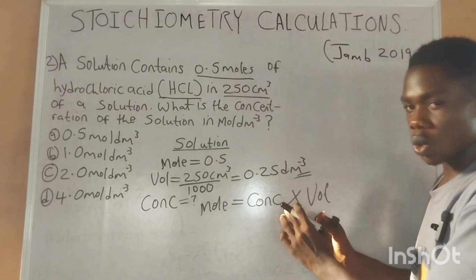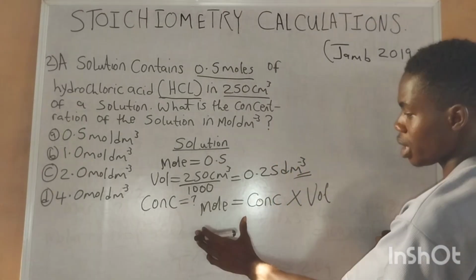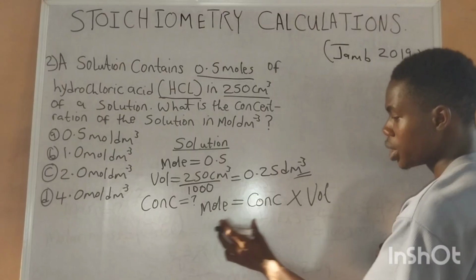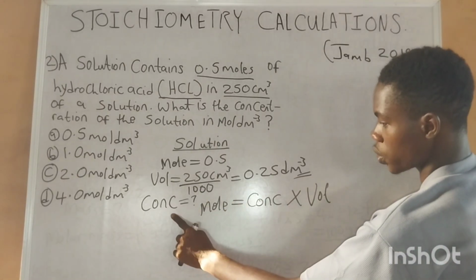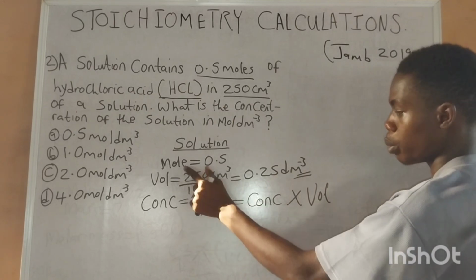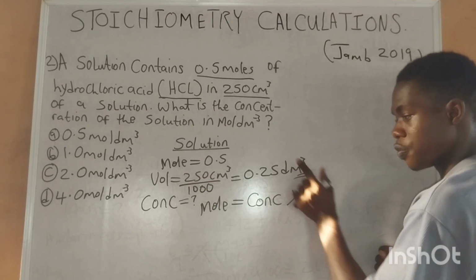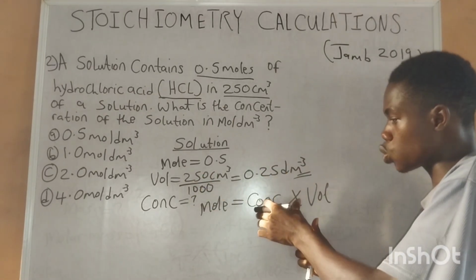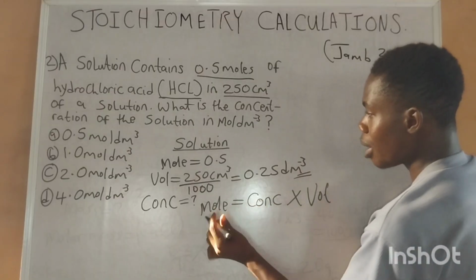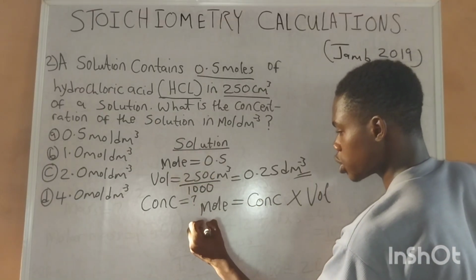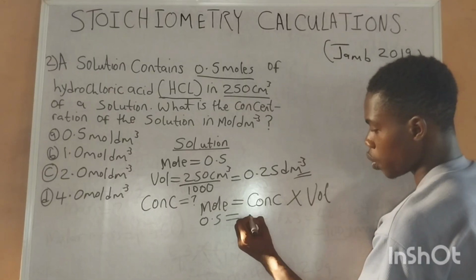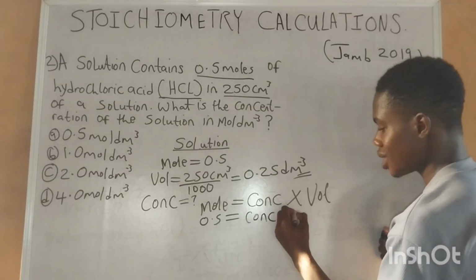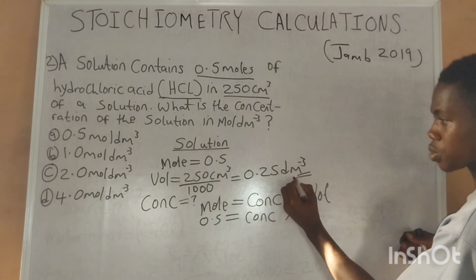So let's continue with this question. The formula we're going to use is mole equals concentration times volume. We are looking for concentration, but we already have the value for mole and for volume. Now I'm going to input it into this formula. Our mole given in the question is 0.5. So 0.5 equals concentration, which we are looking for, times volume in dm cube,